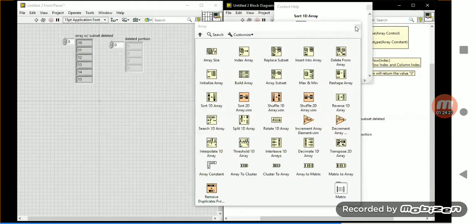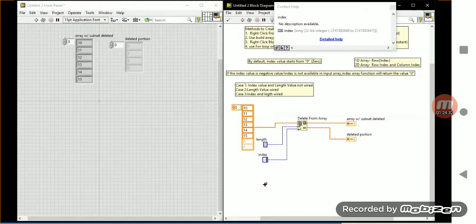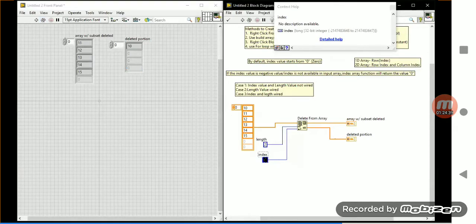Index minus 1, 10 is deleting. Okay, we'll see minus 1, 10 is deleting. Minus 2, it's not deleting anything. Minus 3, probably minus 1 itself, it might be deleting one value over there. So just give minus 1 over there. Minus 1. What about the length value?